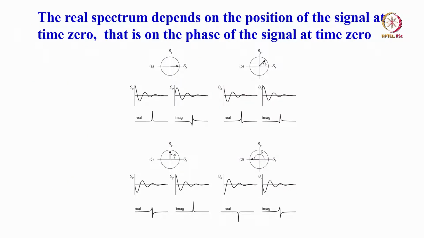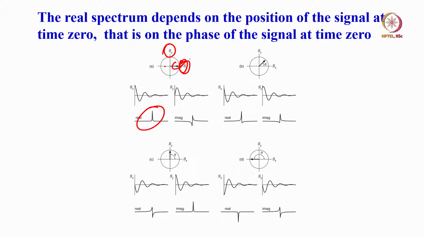So what happens if there is a delay more? For example, if I have a receiver here, I will discuss this receiver phase and pulse phase in 1 or 2 classes later. We will come back and discuss. If I have a signal here, and the receiver is here, you are going to get a real part here like this. But if the signal here is out of phase by 90 degrees, it is the imaginary part.